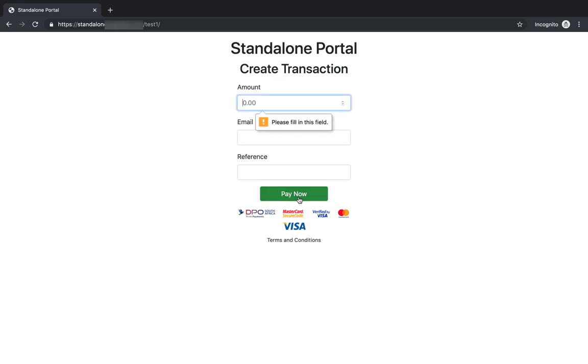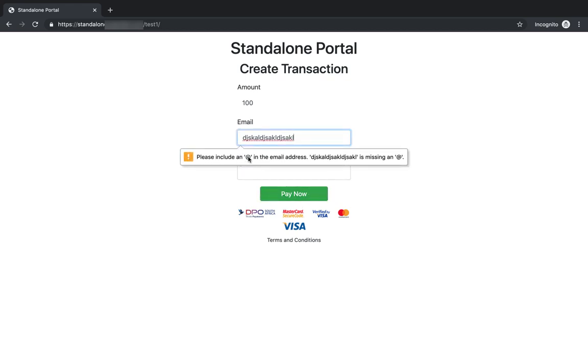If somebody tries to say pay now, it's going to prompt you, say, okay, we actually need some. If somebody puts in R, nothing happens. If somebody puts in letters, nothing happens. If they put in their numbers, like say this is 100 Rand, then it will accept that. Let's put in an email address. If I put in an incorrect email address and I try to say pay now, it's going to say, we need an @ in the email address. And we're going to say example